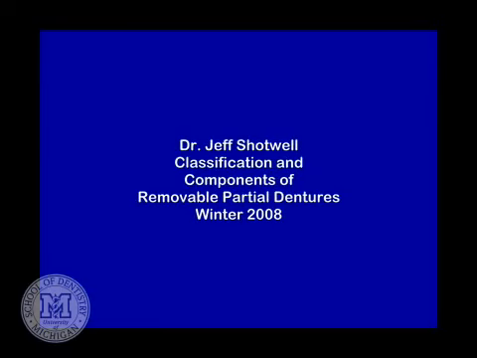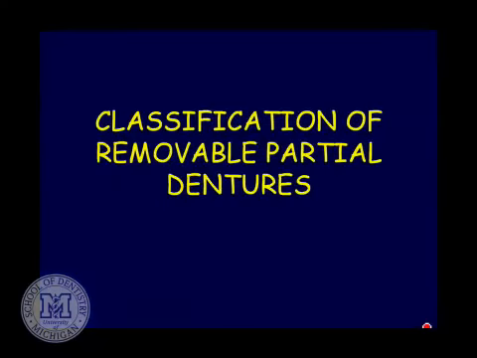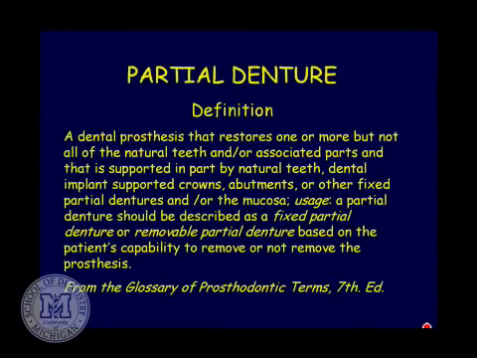So one of the things we want to do is talk about classification of partial dentures. For ease of talking about partials among people, many times it's helpful to classify them. So if we go for a definition, again, this is in your handout. It's a prosthesis that restores one or more, but not all of the natural teeth. If it restored all of the natural teeth, it would no longer be a partial denture,